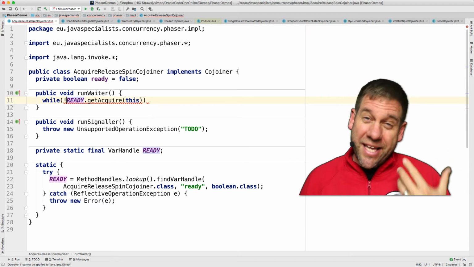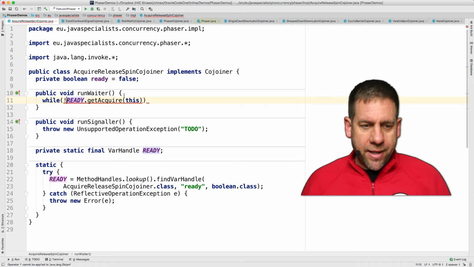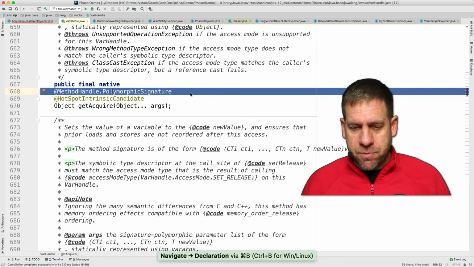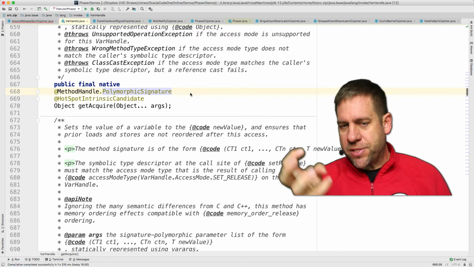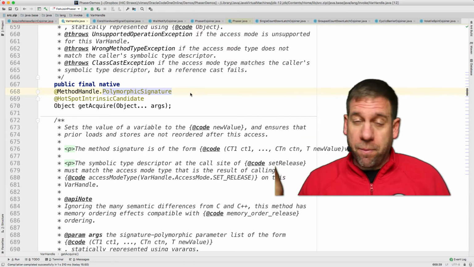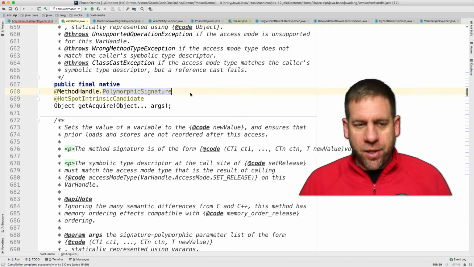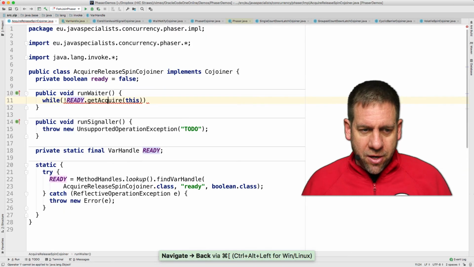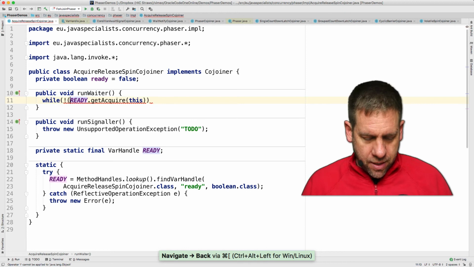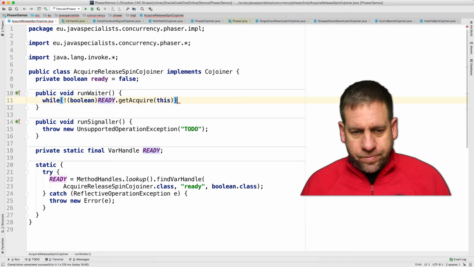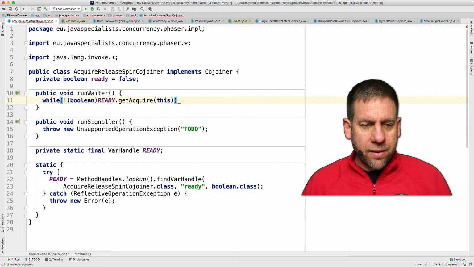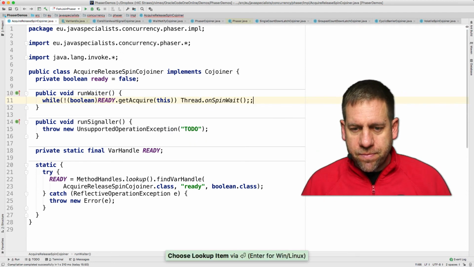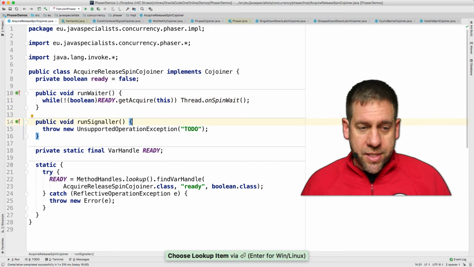And what comes back is actually a Boolean, but this is what we call a polymorphic signature, which means that even though it's not going to convert it to a Boolean object and return that, it's going to return an actual Boolean, but it returns object, and because it's a polymorphic signature, we can actually cast this to a Boolean. So while ready.getAcquire, we can again say our thread.onSpinWait over here,